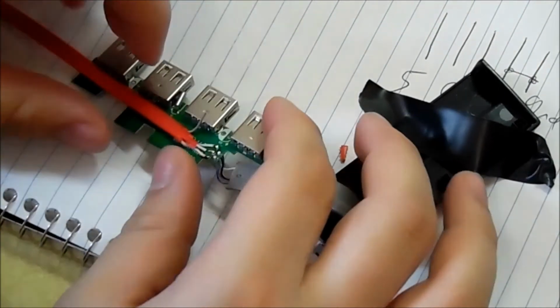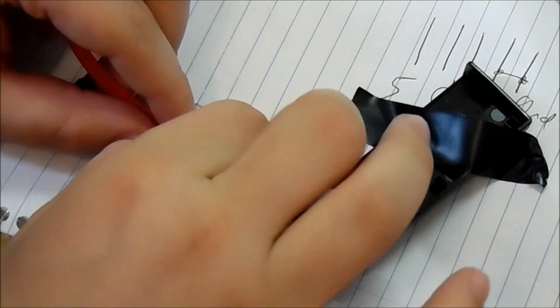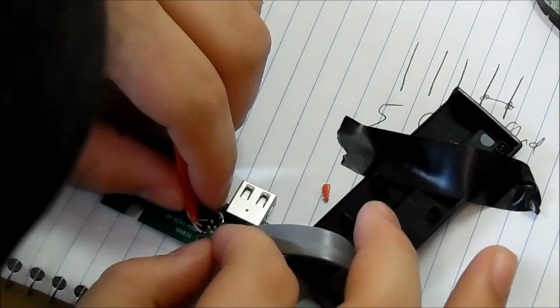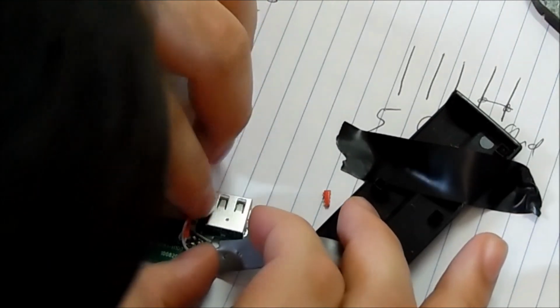So we have to jump ground now, which is right there. Alright, so we're going to